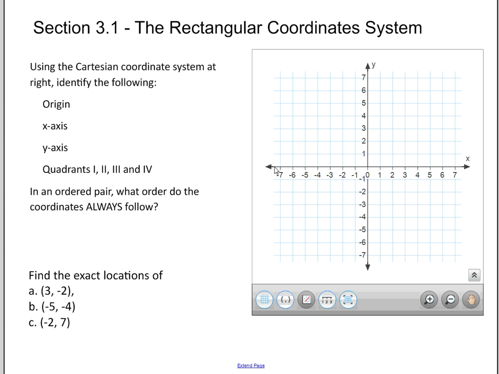And essentially all this really is two number lines crossing each other at a right angle. So we have two number lines, one of which we call the x-axis, which runs horizontally, and one we call the y-axis, which runs vertically. Both of these axes, we'll call them,